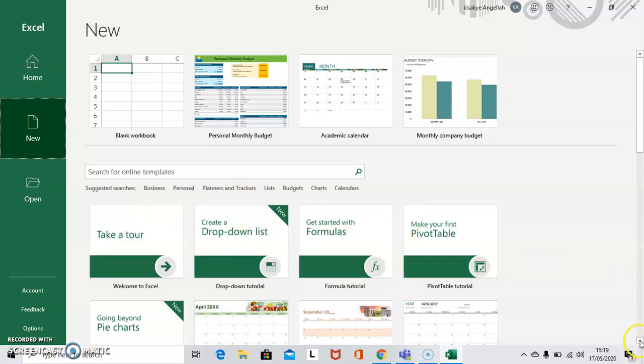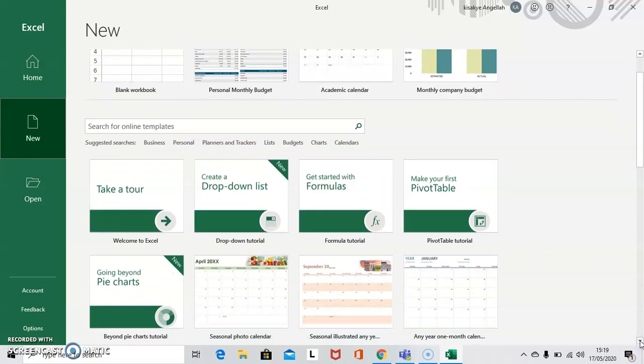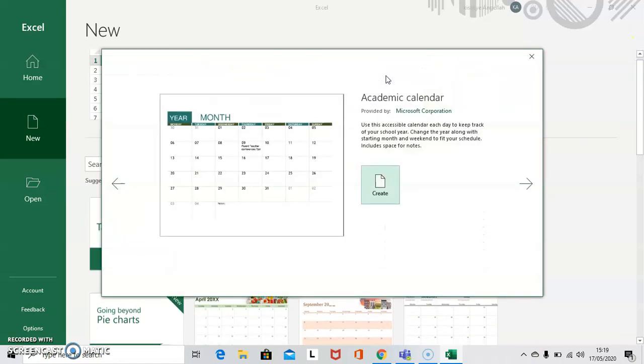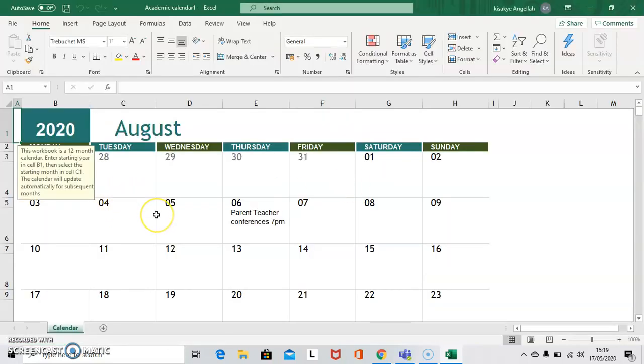So for example, let's look at this calendar, the template calendar over here. You just go to create and then they will give you a copy of that calendar and all you have to do is just add in your data and what you want to do maybe in that day. Like for example, this person had to put in parent teachers conference at this time and so on and so forth. So that's easy. You can create your own in Microsoft Excel without using the template,